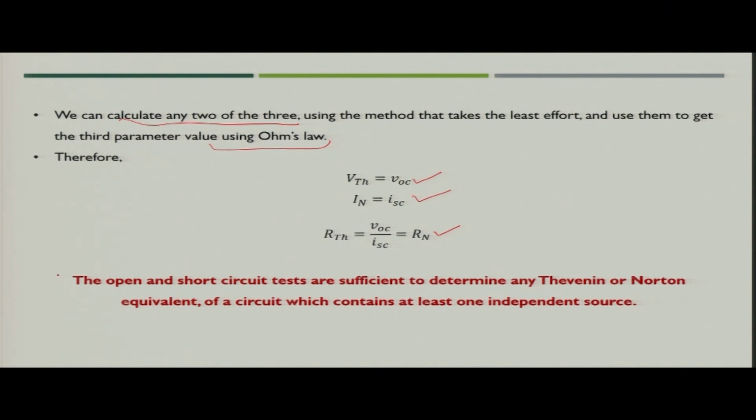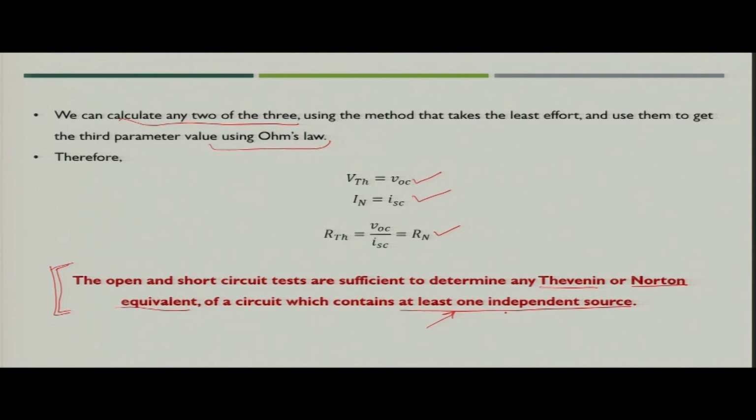So, now you can say in summary that the open and short circuit tests which we carry out at the terminal A B are sufficient to determine any Thevenin or Norton equivalent of a circuit which contains at least one independent source. So, this is required because when we discussed the Thevenin theorem and dependent sources, we established